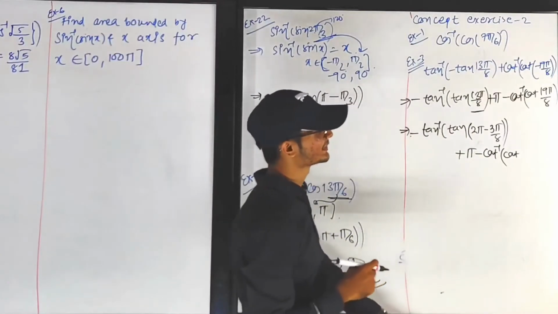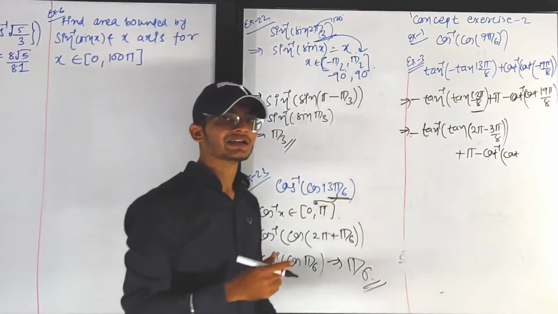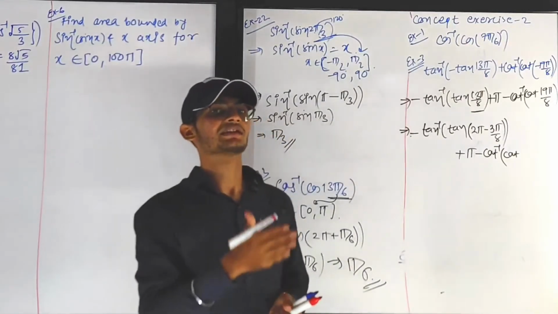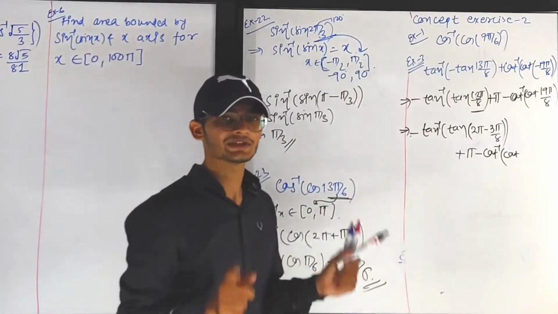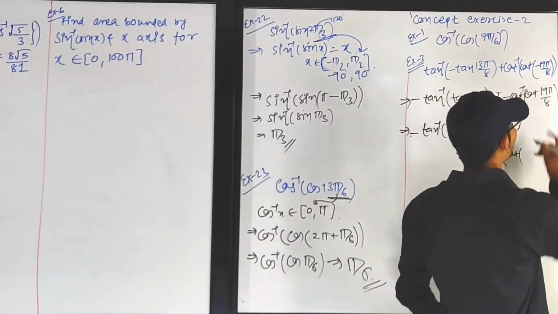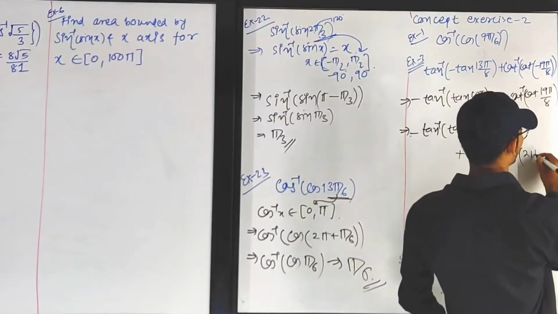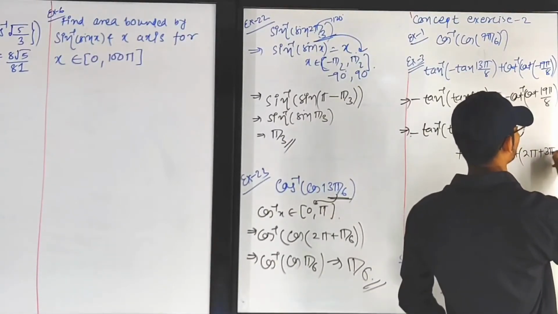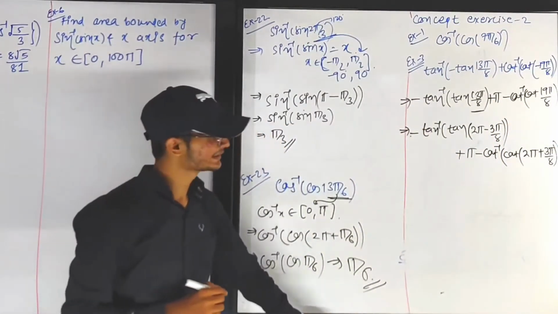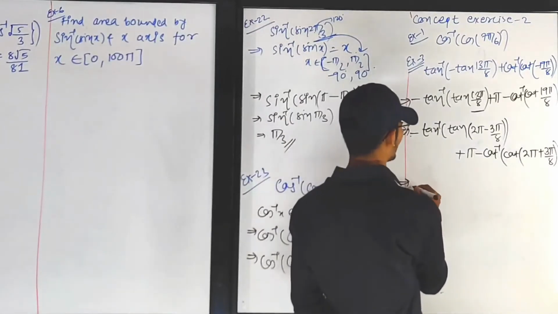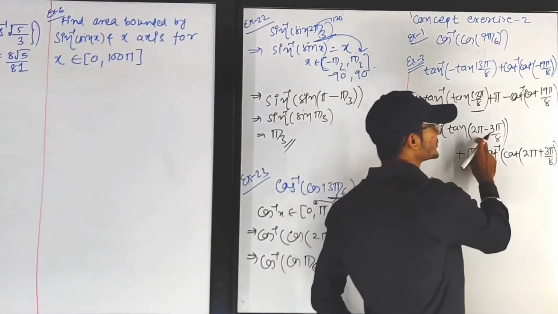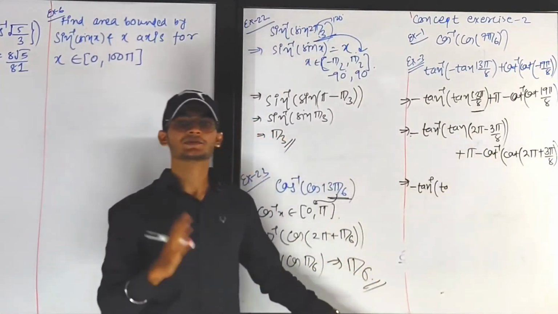So that's why first of all we have to convert that 19 pi by 8 angle into some smaller angle such that that converted angle lies in the range of the cot inverse, means open 0 to pi. So first of all, cot inverse of cot 19 pi by 8 can be written as 2 pi plus 3 pi by 8, 16 plus 3, 19. Now minus tan inverse of, here tan 2 pi minus, 2 pi minus means fourth quadrant.